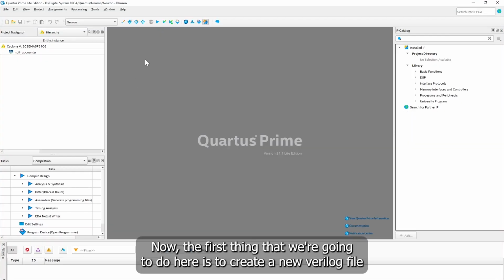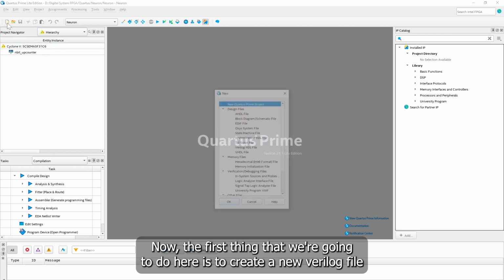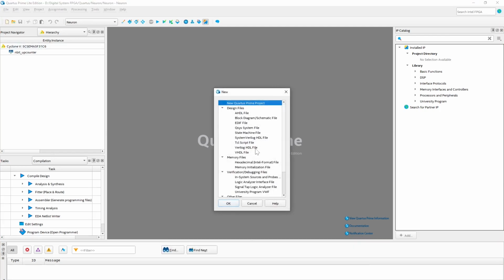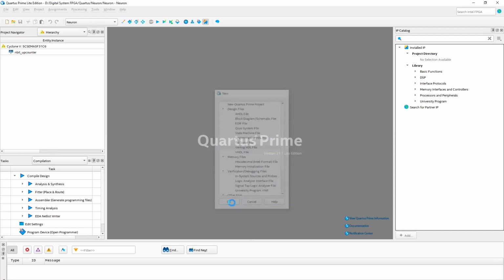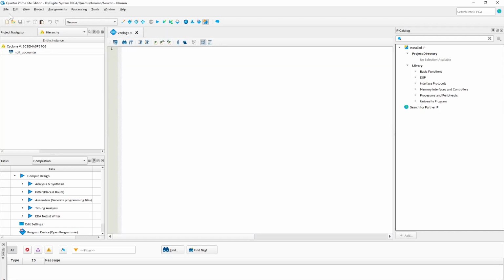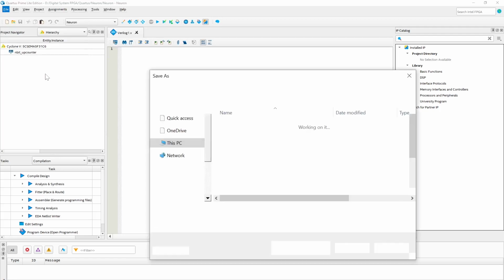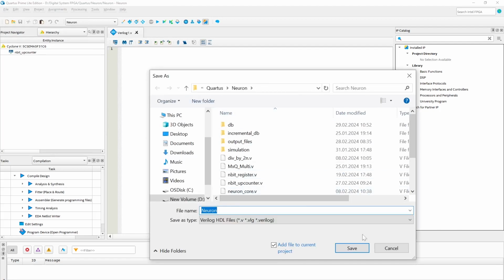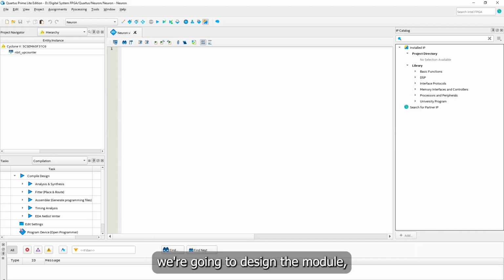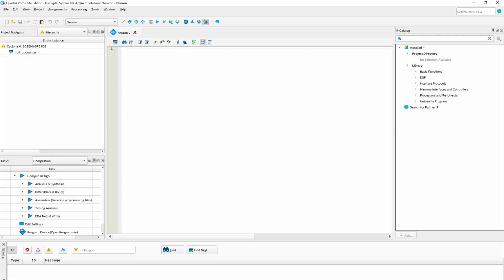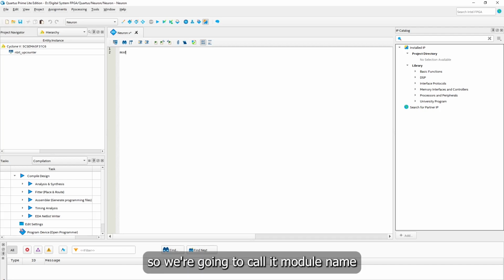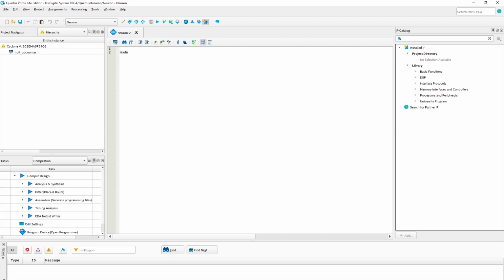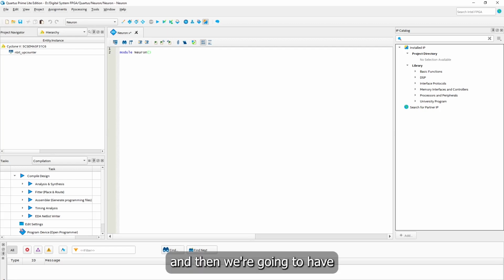Now the first thing that we're going to do here is to create a new Verilog file, and then we're going to save it as Neuron. So the first thing, we're going to design the module. We're going to call the module name Neuron. And then we're going to have